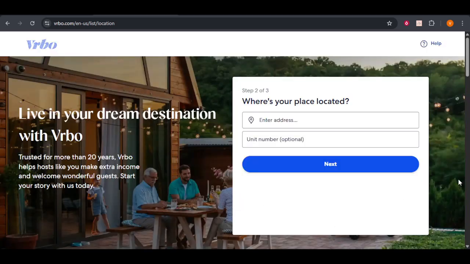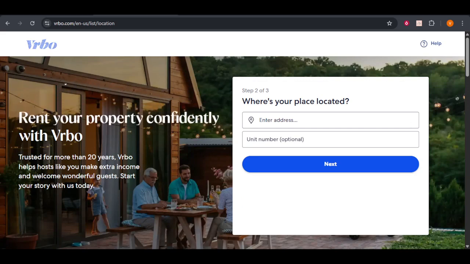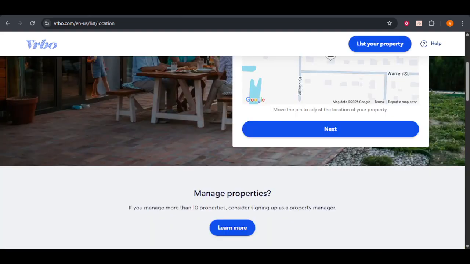After you've entered the bedroom and bathroom count, you'll need to provide the full address of your property. This isn't just about pinpointing your location on a map. Providing an accurate address is essential for Vrbo's system to generate an AI estimated income projection for your property. This feature is pretty neat because it gives you an idea of what you could potentially earn by listing your space on the platform. Keep in mind that this is an estimate, but it offers a helpful starting point for